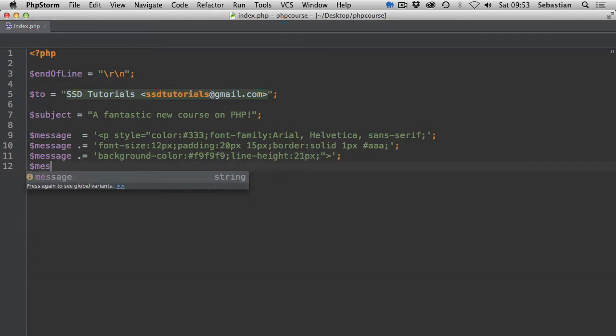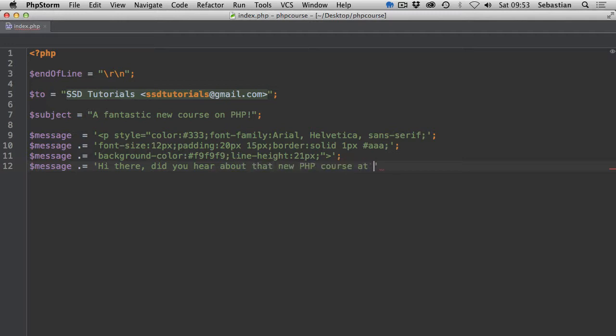Then we go for message. Again, we are concatenating. As you can see, the first one doesn't have a full stop because it's first in line, and then we are concatenating whatever the previous message is with what follows after, basically in between the single quotes. Okay, then we are going for the actual message that we want to put in between this opening and closing paragraph very shortly. And the message will say, hey, hi there, did you hear about that new PHP course at, then space, and I'm going to concatenate it again,